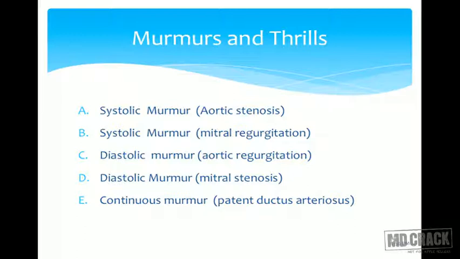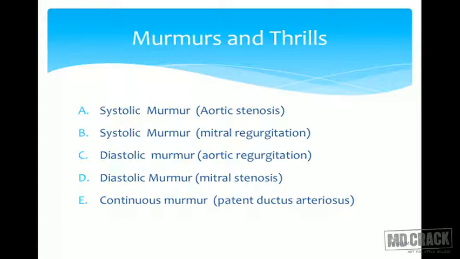Diastolic murmur, a murmur during diastole. What causes the diastolic murmur? Suppose the mitral valves are not open completely and the blood from the atria is not flowing completely into the ventricle. It is flowing through a narrow opening. So the mitral stenosis can produce a diastolic murmur. At the same time, if the semilunar valves of the aorta don't close completely during the diastole, what will happen because of that? There is some regurgitation of the blood from the aorta into the ventricle. This can even create sound. So what are the causes of diastolic murmur? Aortic regurgitation or mitral stenosis.